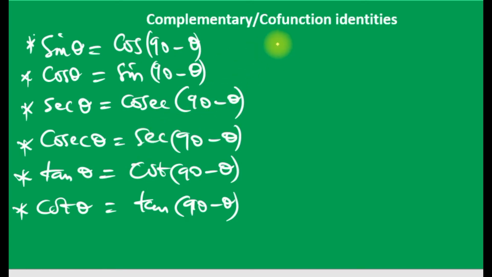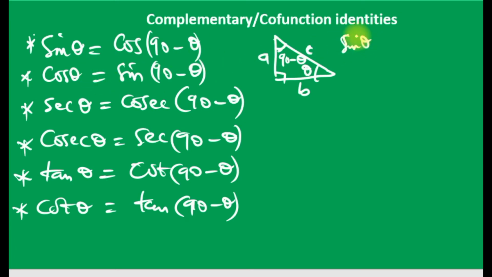So let me give a quick proof of this. Assuming you are given a right angle triangle where this is theta, here is A and here is B. Let's call the hypotenuse C. You know this angle must be 90 minus theta. So you now see that sine theta,